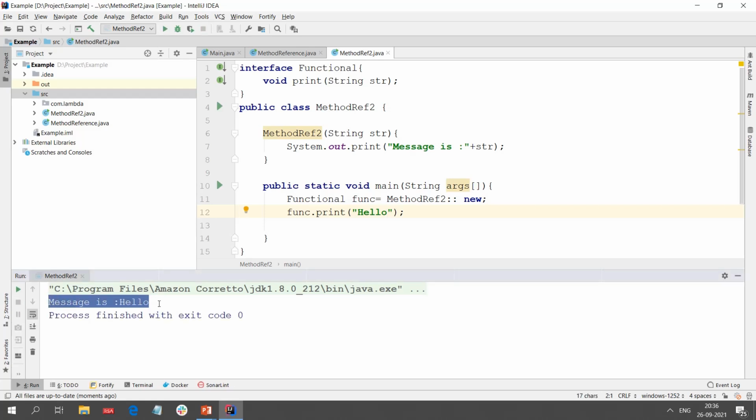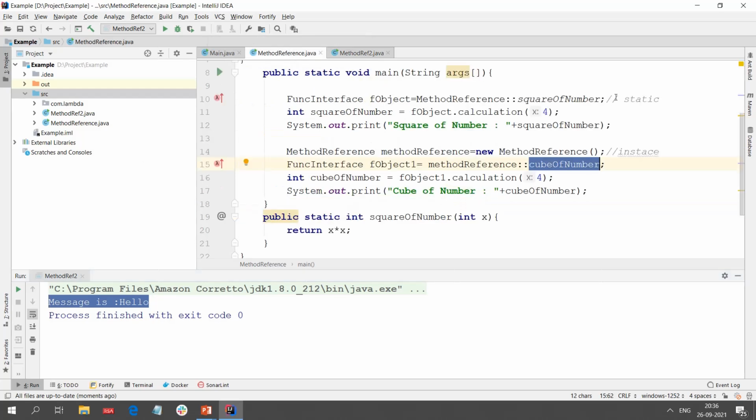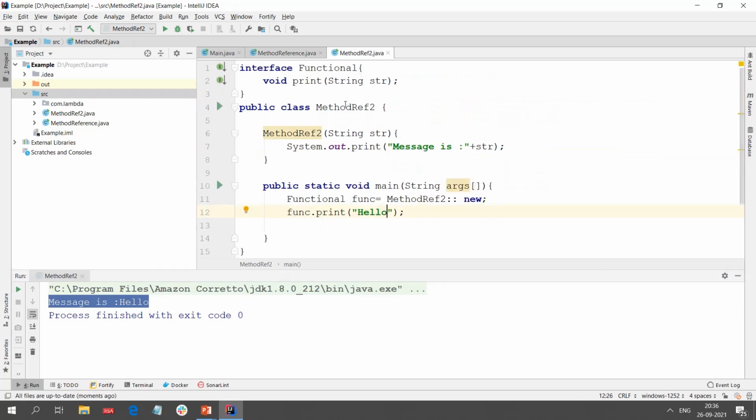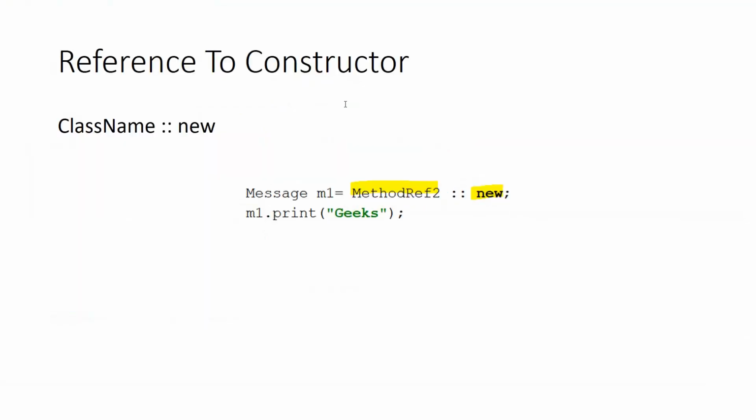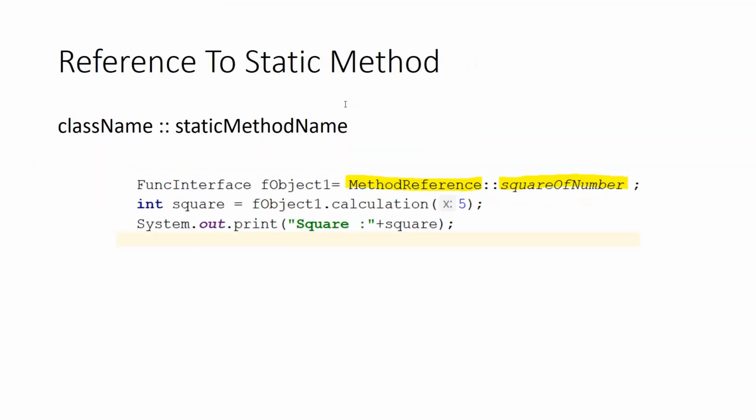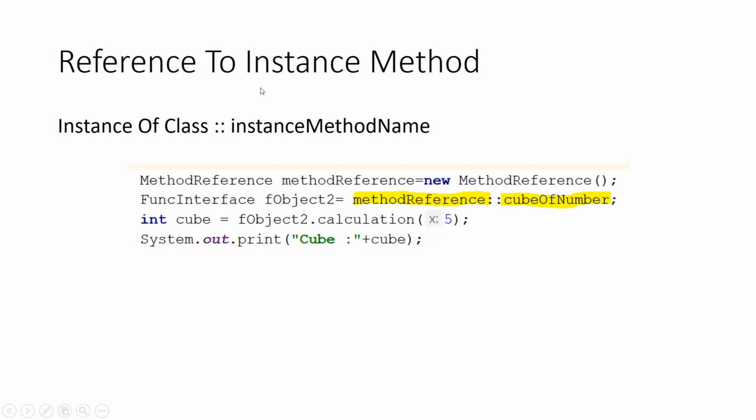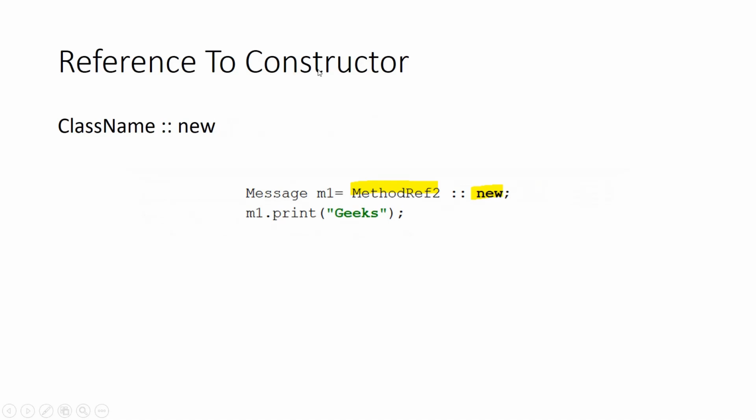So as part of this course, you came to know how to use method reference for static methods and for the instance method, and as well for the constructor. How do we call the constructor? I hope the syntax and the concepts are very clear. Let me summarize it again. So for the static method, we'll have the class name followed by the double colon and the static method which we are referring to. For instance, we'll have the instance of the class, double colon, and the instance method we are referring to. And for the constructor, we'll have the class name, double colon, and the new keyword. I hope the concepts are clear. Let's move on to the interview questions.